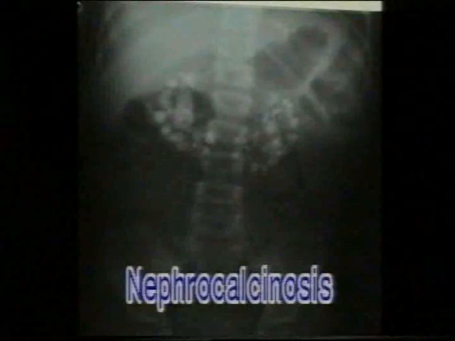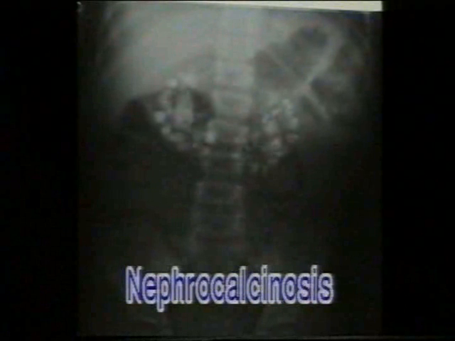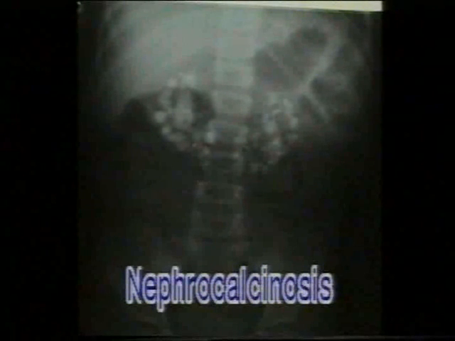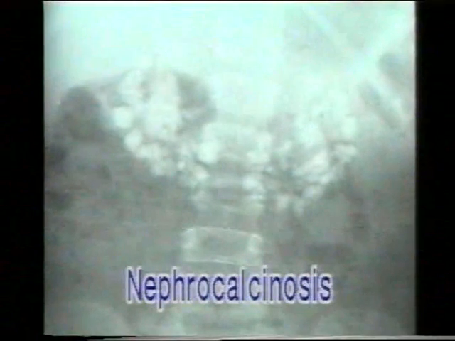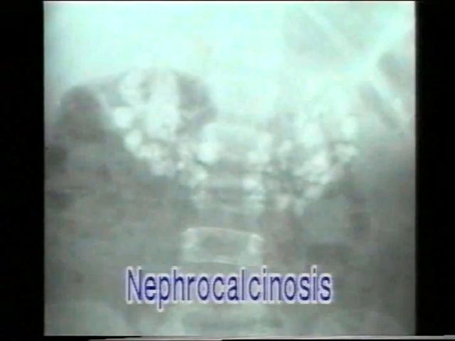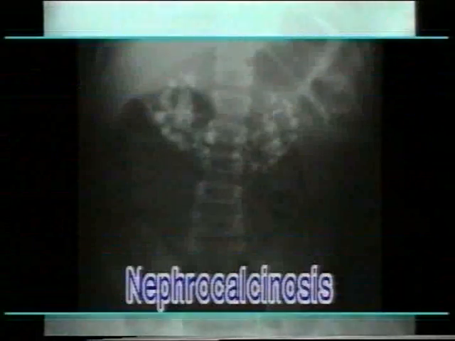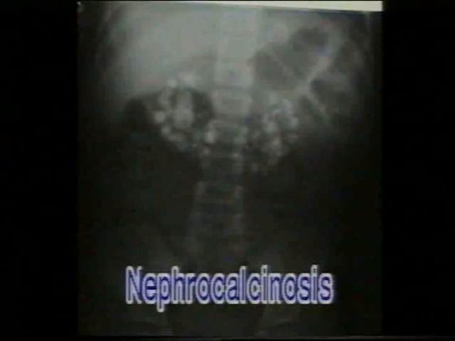Sometimes, in conditions of hypercalcemia like hyperparathyroidism, multiple myeloma or hypervitaminosis D, the entire renal parenchyma gets filled with small rounded calcified opacities. So on X-ray, we see extensive calcifications in the shape of the kidneys. This condition is termed as nephrocalcinosis. In this X-ray, we are seeing a horseshoe-shaped kidney with nephrocalcinosis. In sharp contrast with a staghorn calculus, nephrocalcinosis may not show any stone in the pelvic calyceal system, but it fills the renal parenchyma.